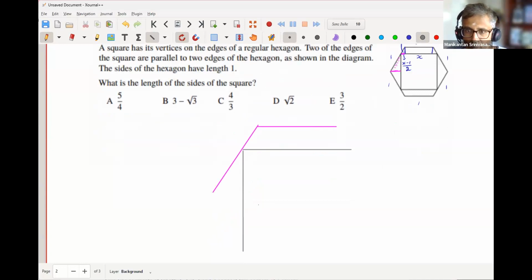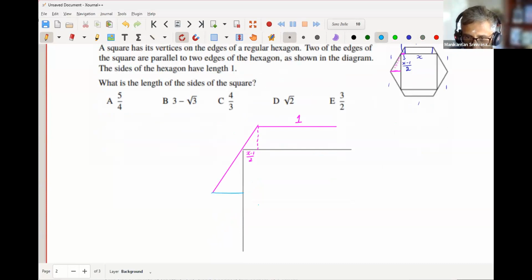Okay, so now what did I say? I said this is given to be 1. And I said if I drop a perpendicular here, this portion is x minus 1 upon 2, like x being the side of the square. Now if I just complete this,